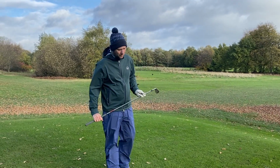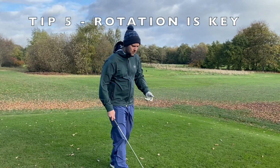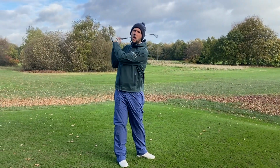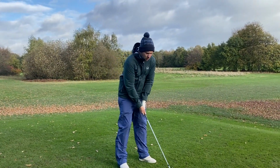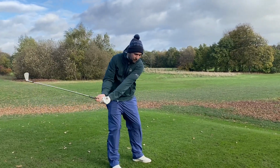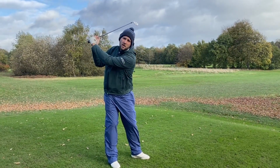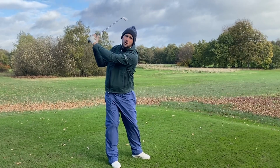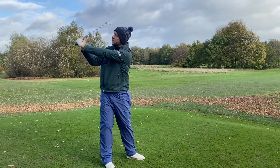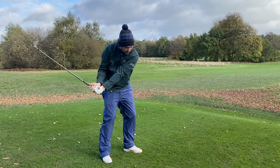Okay, so tip number 5 is talking about rotation. So a lot of people struggle with rotation in the backswing. Everything starts to get arms start to bend, we then start to lift. It's not a turn from the chest. So we want to really feel that this movement away is nice and wide, and then from there we're really feeling that in the backswing my chest is pointing straight away from the target. From here that club is now going to get into this position. We're not going to overswing, so we don't need to bend the arms. Nice and wide, chest is turned, and then from there we can start to unwind the chest, come into impact,